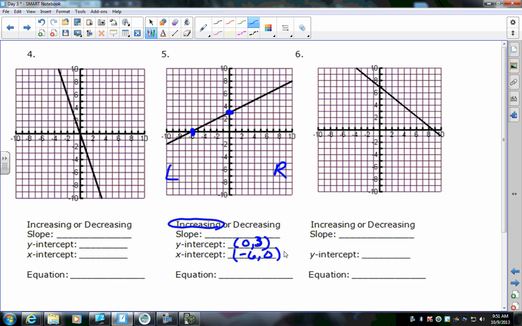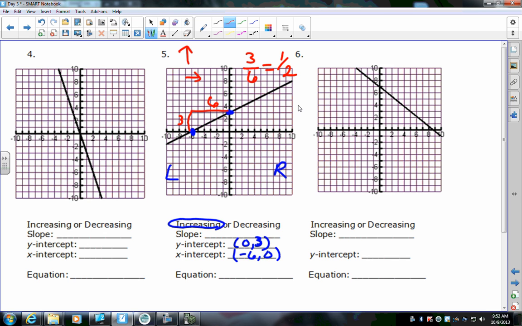Now, we need to find the slope. Okay? Some of y'all need to focus with me. We need to find the slope. You can do it one of 2 ways, and I'm going to do, well, one of 3 ways. There's a bunch of different ways. I'm going to do it a couple ways. One way to do the slope is to figure out your rise over run. Since it's positive, I'm going up and then to the right. So I'm going to start at my x-intercept, and I'm going to go up 3 and to the right 6. 3 over 6 reduces to